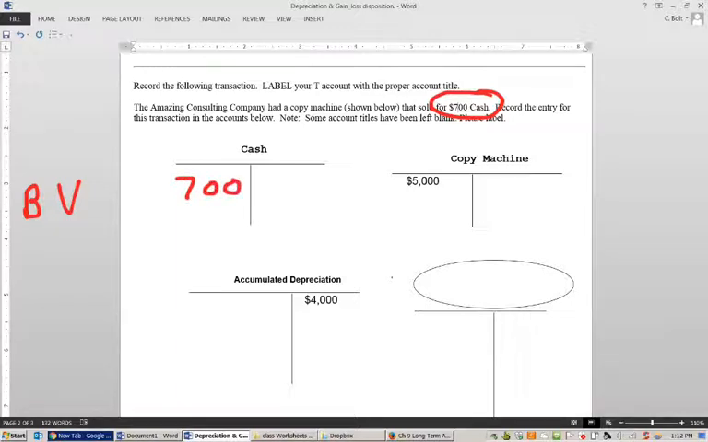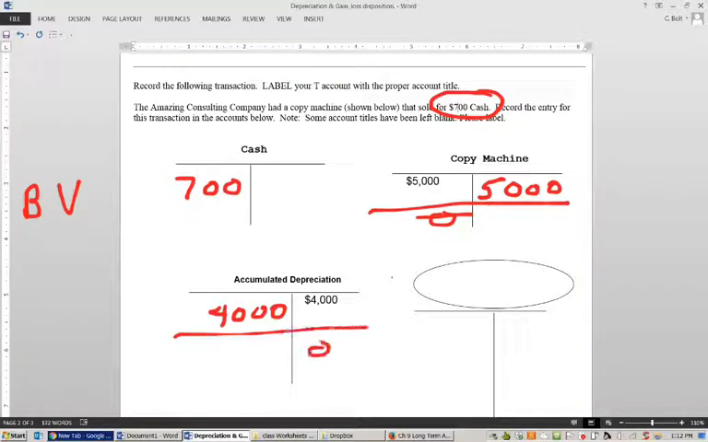And next, since I've sold this copy machine, I'm going to remove it from the books, which means that now there's a zero here. I'm removing the associated accumulated depreciation, which means that there's now a zero here. Now I'm out of balance. If you were to look at this and you see the 700 as a debit and the 4,000 as a debit, well, add the debits up, that's 4,700. We have a credit over here of $5,000. So obviously I'm out of balance by